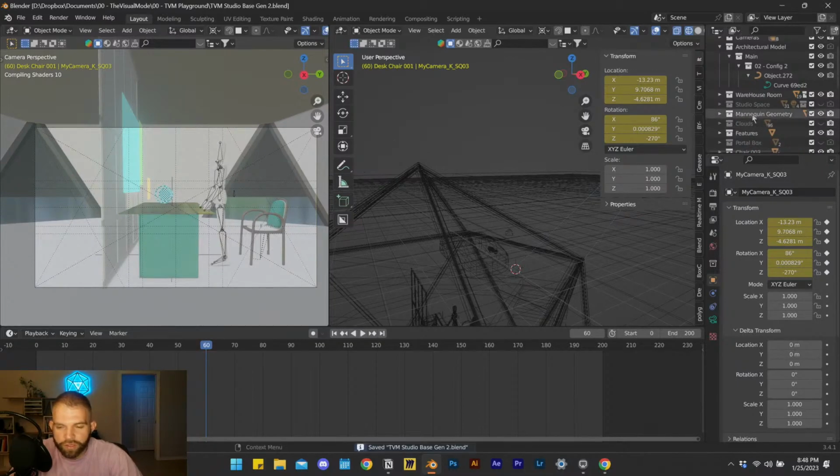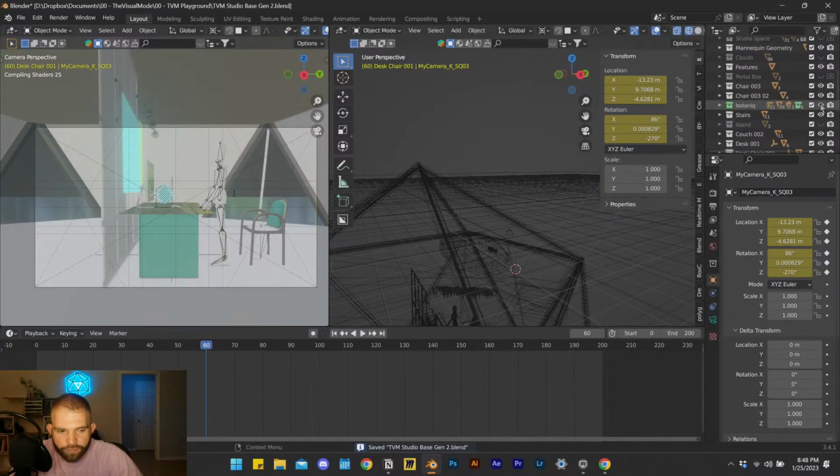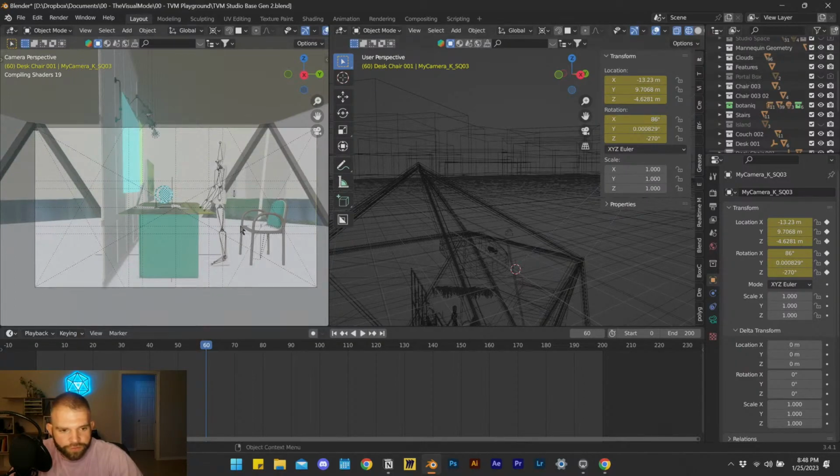Okay, so I think we're done loading because I haven't brought in other things, but we'll go ahead and bring the other things in. So we'll bring in the plants, which hold the computer as well, and some other features like the light fixtures. And the clouds. Yeah, let's bring in the clouds, even though they just show up as boxes for now. I'll render out this first one, just so you see